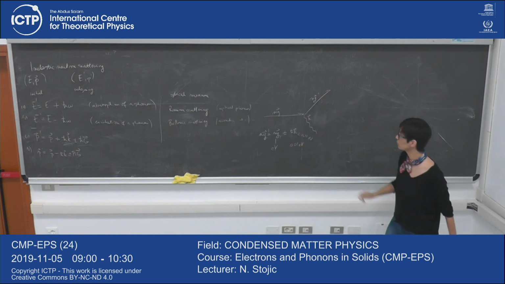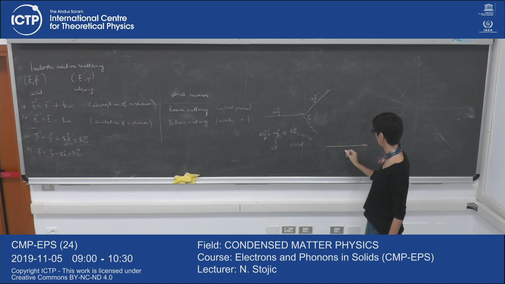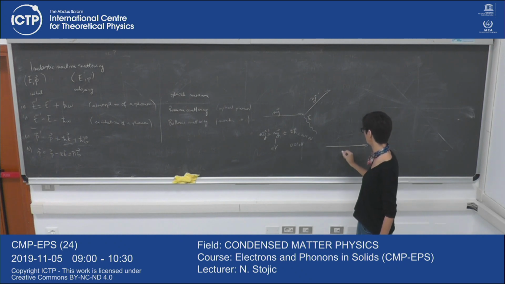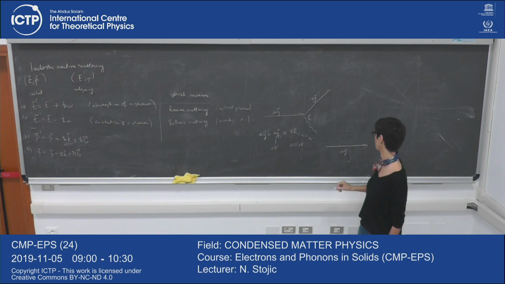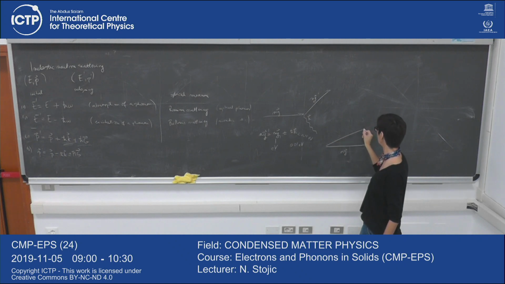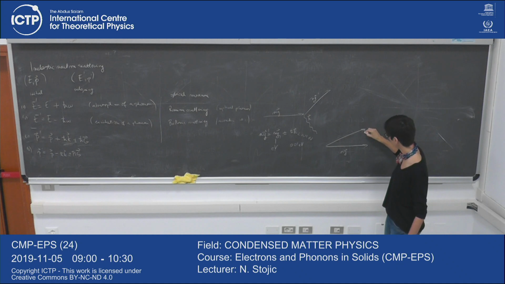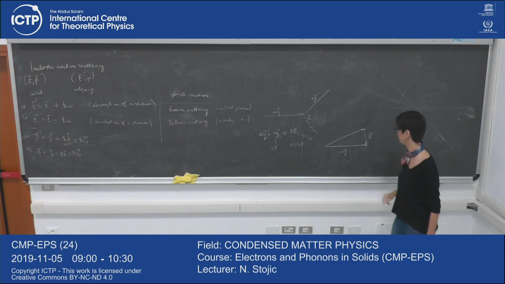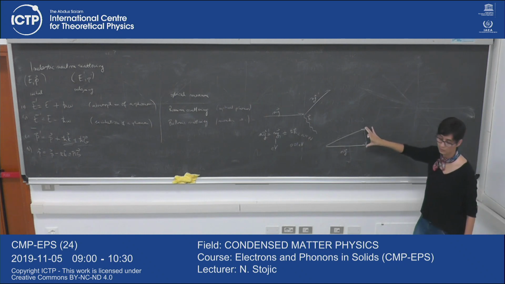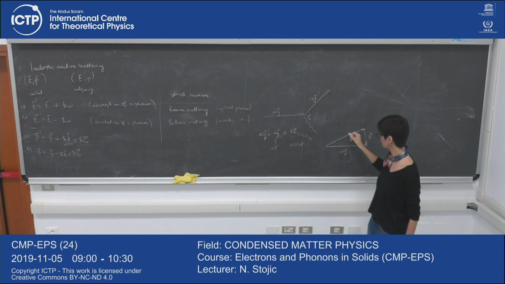And that would allow you to actually draw this as the initial photon and the scattered one. I can draw them of equal length because the change is almost non-existent. And this is the phonon wave vector, which is much smaller. This is not drawn to scale. And being the same,